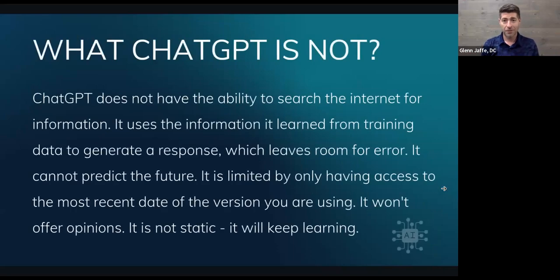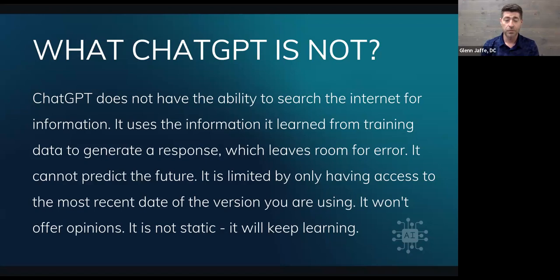What I also want to share with you is what ChatGPT is not. It does not have the ability to search the internet for information. Now, to be transparent with you, when I was first learning about AI, I had the assumption that that's what ChatGPT did, that you gave it a prompt, you asked it a question, and it went out to the internet and did its thing and came back, and that's how it composed its response. But that was actually furthest from the truth. What it does is it uses the information it has learned from training data that has been given and that it has consumed, basically, to continue to generate responses.